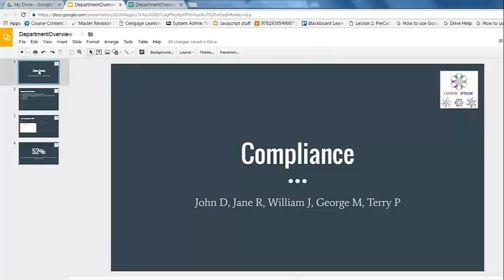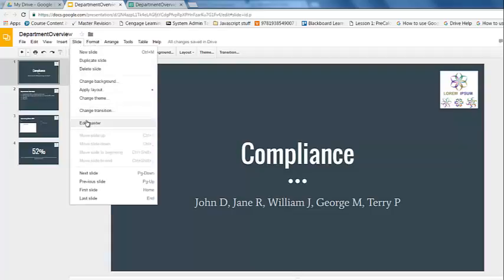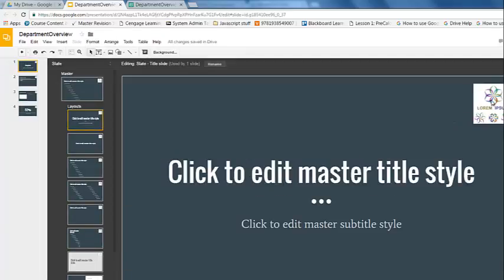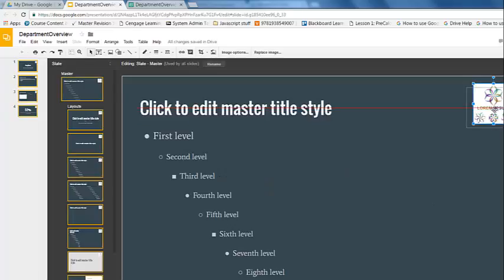Now I like this, it looks pretty good, but I think I want to move it over. So as you can see, I'm trying to click and drag it, but because it's on my slide master, I can't. So if you want to edit something that you've put on your slide master, you have to go back into Edit Master, and then you can move stuff around a little bit. That looks a little better. So I'm going to click out of my master,